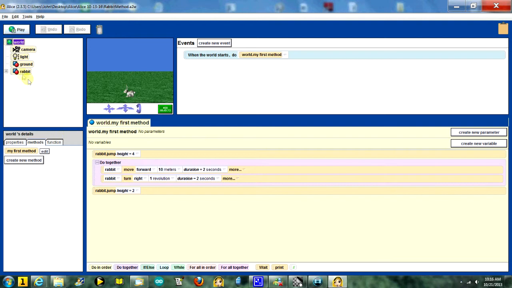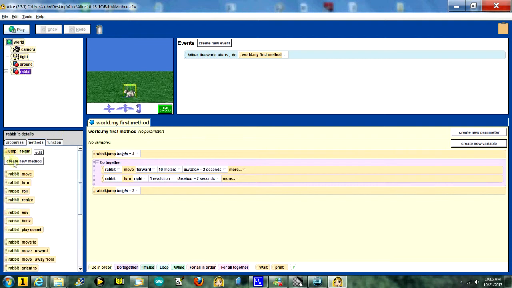got world highlighted. When I highlight rabbit, we can see that the jump method is there. Question is, what do we do when we want to be able to use that method for a rabbit somewhere else in another program? If we want to use it in this program, it's easy. All we do is we click Add Objects,